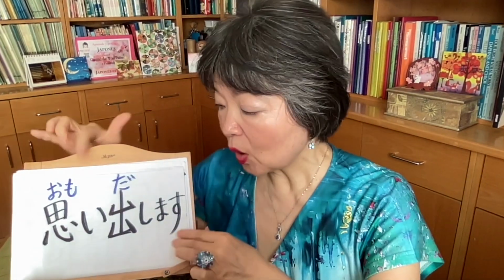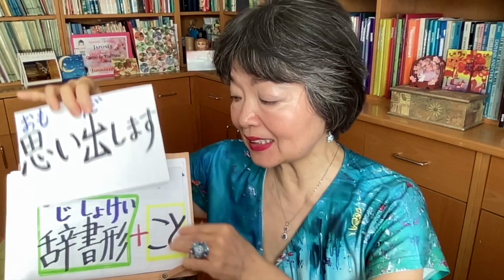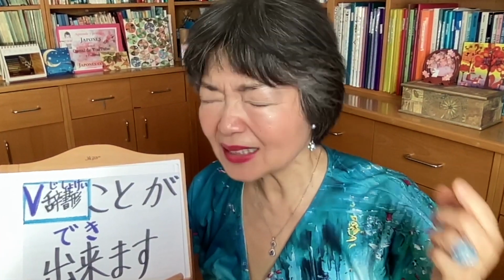In JLPT level 4, we can say the same sentence like 思い出せます、思い出せません。あの人の名前を思い出すことができません。あの人の名前なんだっけな。